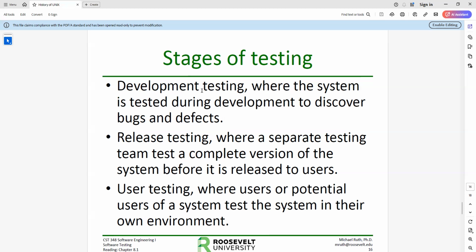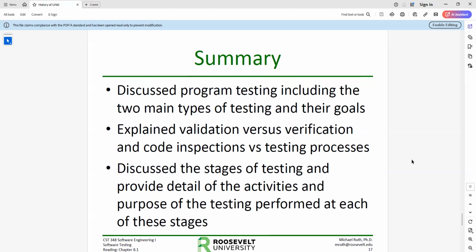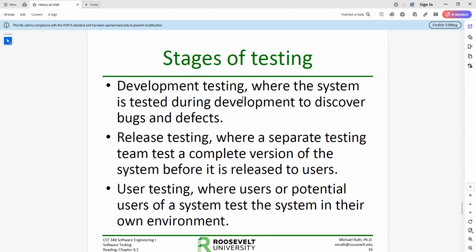Okay, it's a much simpler idea of what we think of as user testing. Now, we'll go into these in more detail. As you might have guessed, development testing is not that simple. As we integrate more and more components, we have to do more and more integration. We have to do more and more things. And as a result, it is not as simple as just development testing.